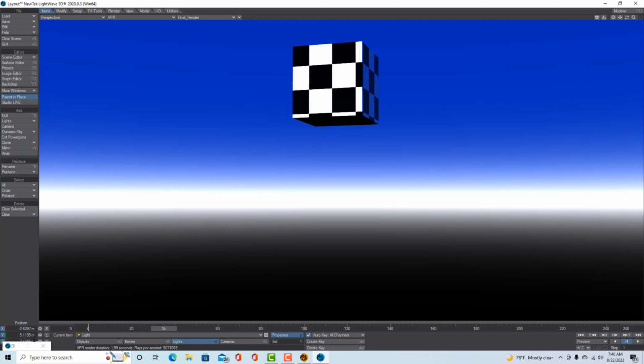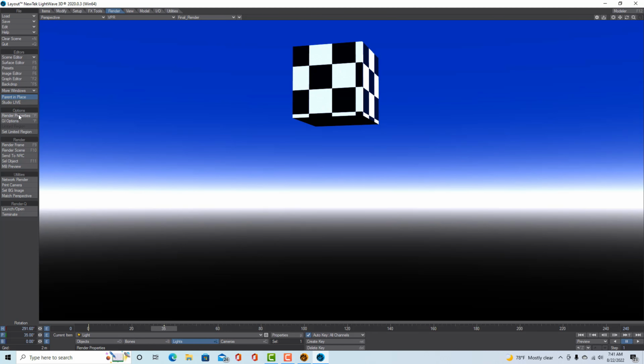And then if I want to change the position of the distant light, you can only really change the heading, because it's mimicking the sun in the sky. So if you hit heading, you see how I'm lining up different sides or even multiple sides of our spinning box. Now to render this out, all we have to do is come up here to the render tab,